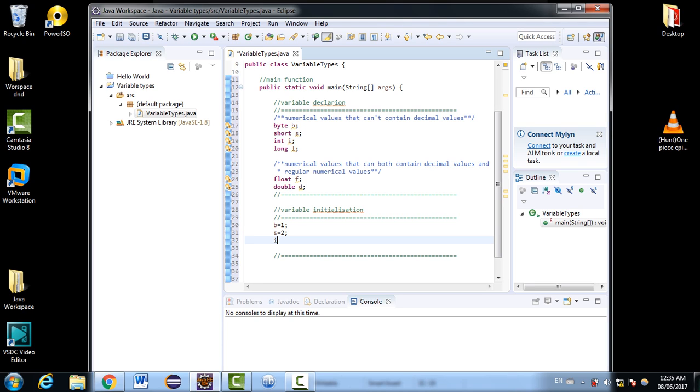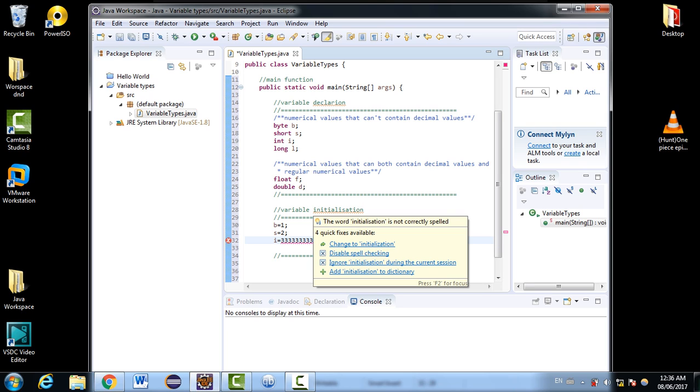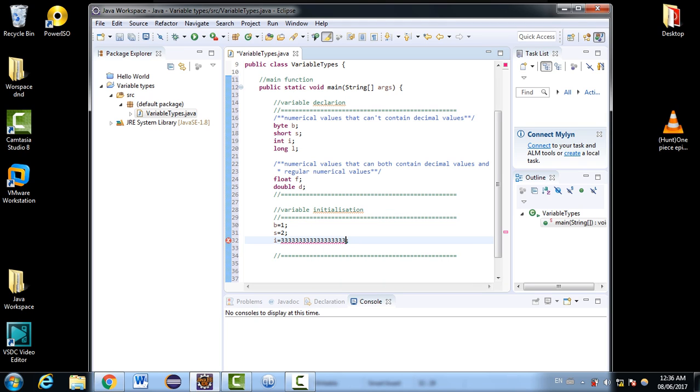Right, so integer. Now, so again, let's go with, no, not 2. This one can actually contain a lot of numbers. So we're getting errors here. So you know what? I'll actually pull out the values here. I'll call this L equals